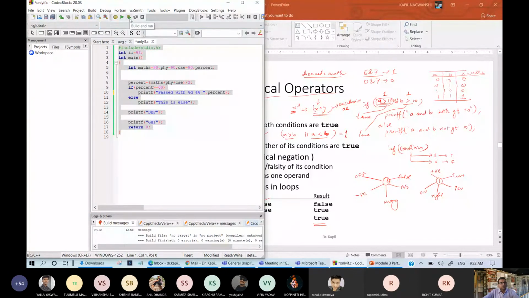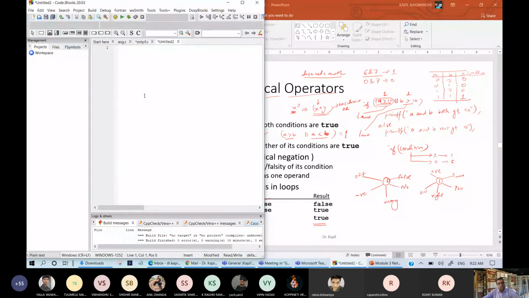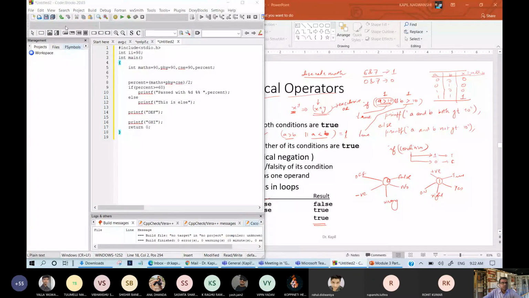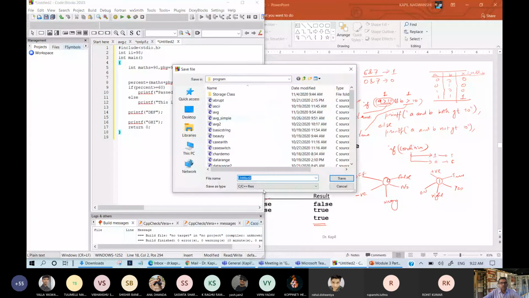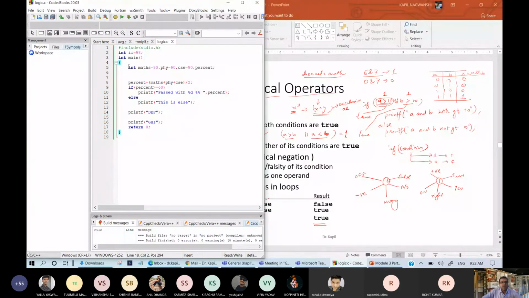New, save, logic. Okay, in this program, I have written several values and I want to print something.